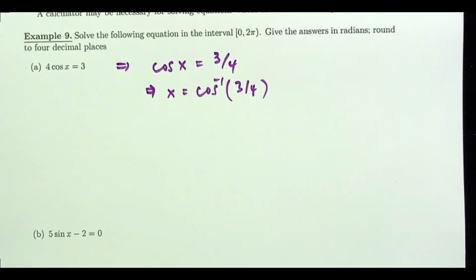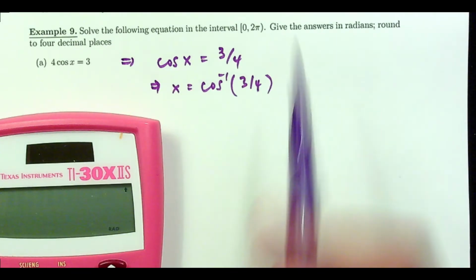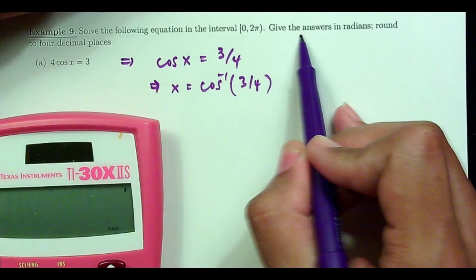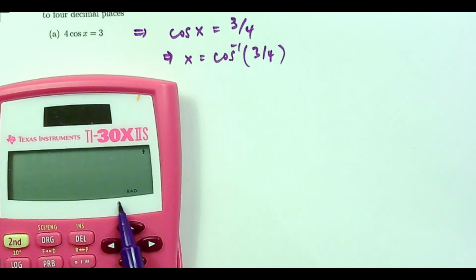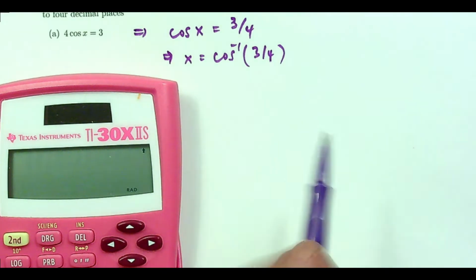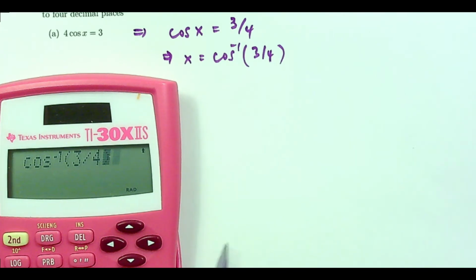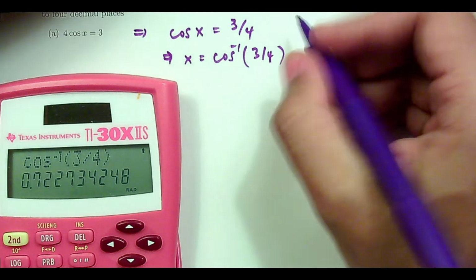And now you put this in the calculator. Now the problem says give your answer in radians. So make sure your calculator says radians before you enter this. Cosine inverse of 3/4, that is